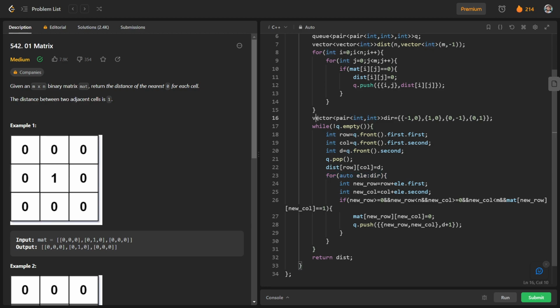For direction I have taken a vector of pairs of integers. Okay, so in this way we have traversed in all four directions, and if the boundary condition is valid and the new row and column cell is equal to 1, we will update that cell to 0, and push new row and new column and d plus 1 in the queue. So in this way we have solved this question.